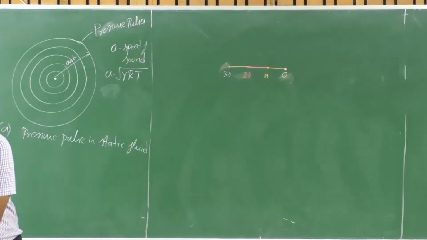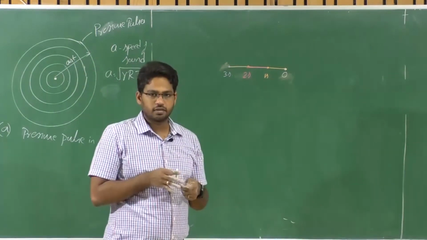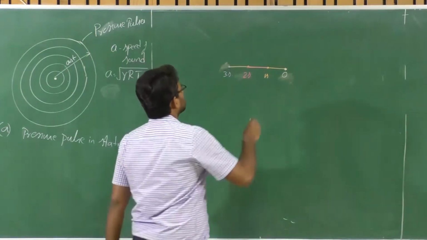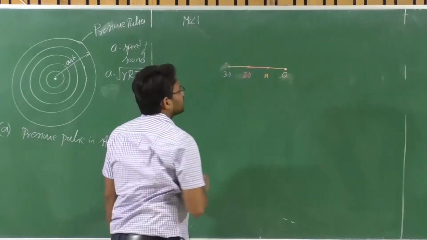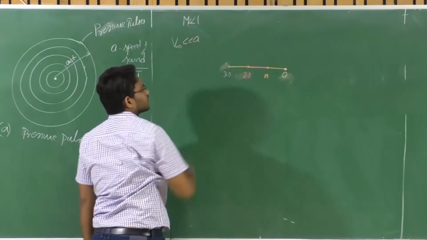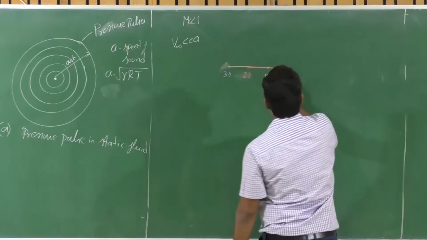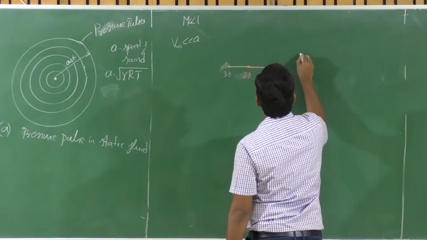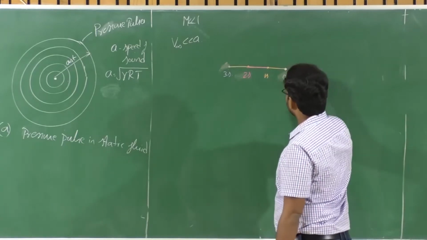So when you are moving at speeds which are far less than the speed of sound, that is, if your Mach number is far less than 1, which means the velocity of your flight vehicle is far less than the velocity of sound. In that case, let us say at time t0, at 0 seconds, you have created a disturbance. That disturbance travels in the form of